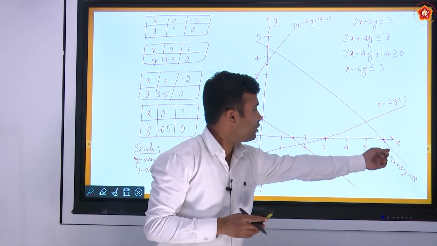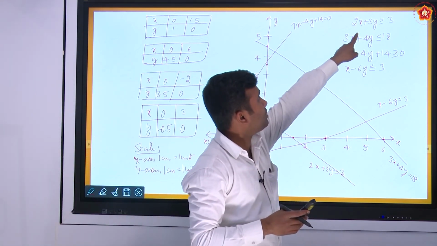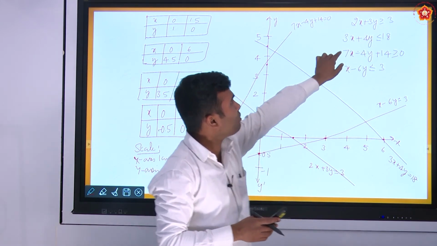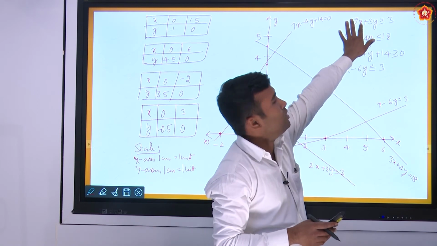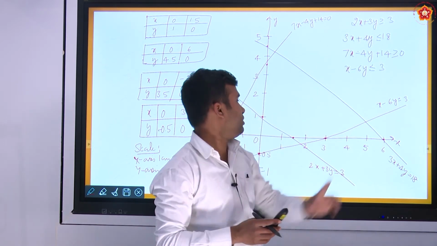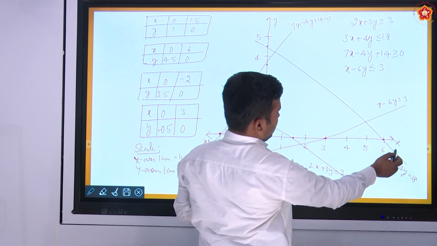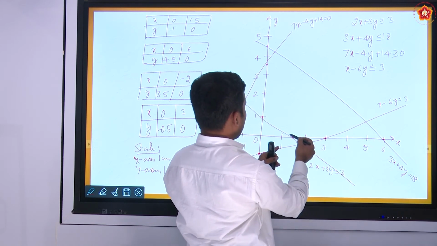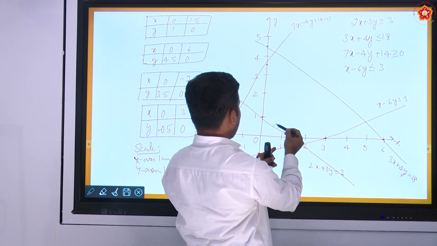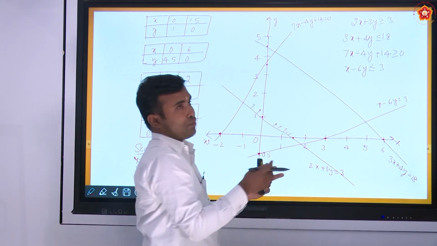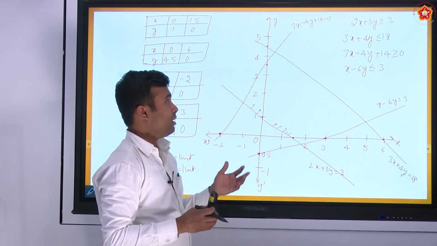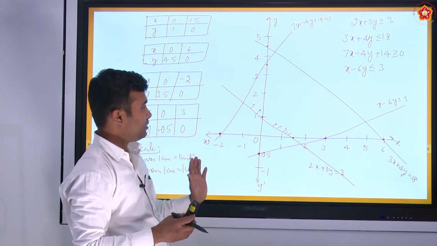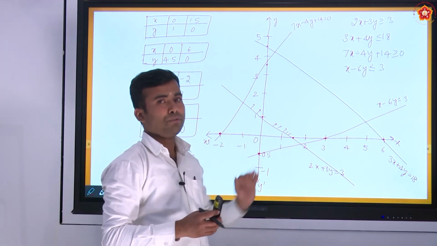So for the first one, you may see the first inequality here, 2x plus 3y, which is greater than or equal to 3. Now if you put x equal to 0, y equal to 0, you may have 0 which is greater than or equal to 3, which is false. Therefore, the region is for this one, which is away from the origin, okay? The region which is away from the origin, because when you take the origin as the reference point, you get a false statement. So if you get a false statement, then the region will be away from the origin.